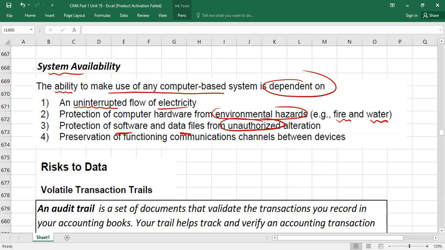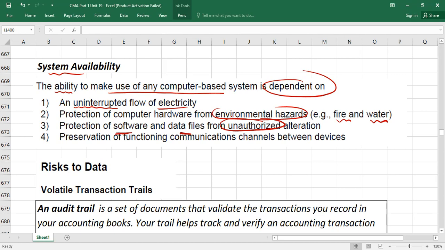So you also need to ensure that, for example, sometimes within business we are linking one device with another device, or one computer with another computer, through networking, right? We need to ensure that our networking is proper, and that it helps us to communicate with the other devices.